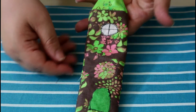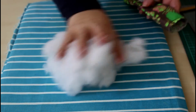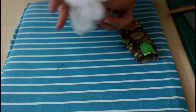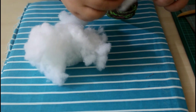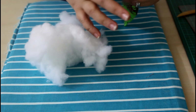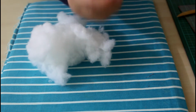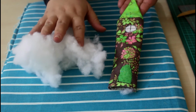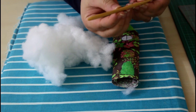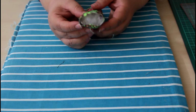So now we go and just stuff our house with polyester. Here is the poly, just a handful of it. And you will start by just inserting little pieces. Remember, always we stuff the far side from the opening first, so we make sure it gets enough of the stuffing. And you can use the same tool or any tool you feel comfortable using to push the stuffing. And here it is,